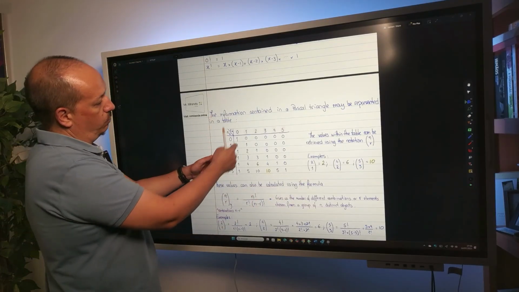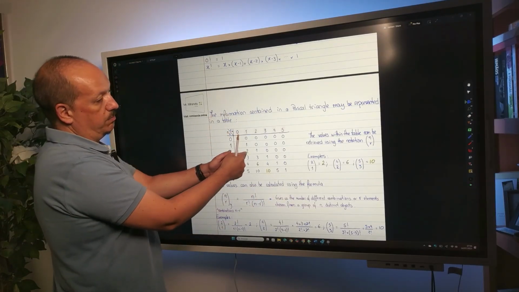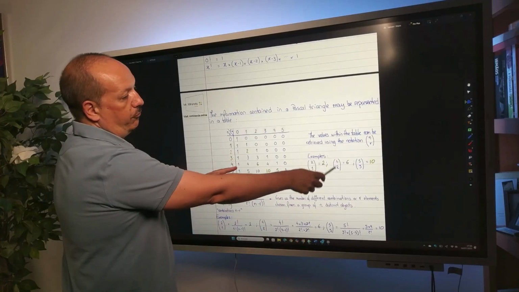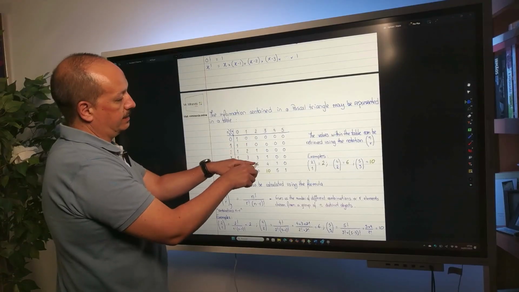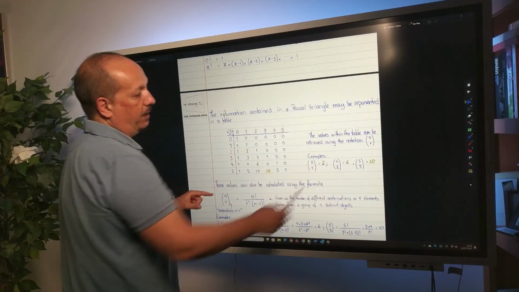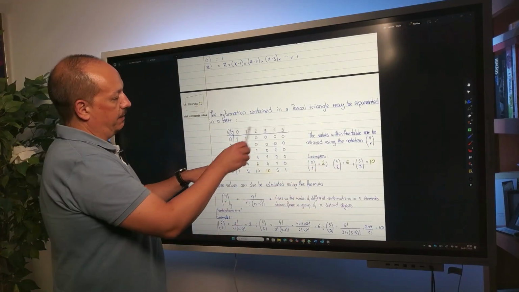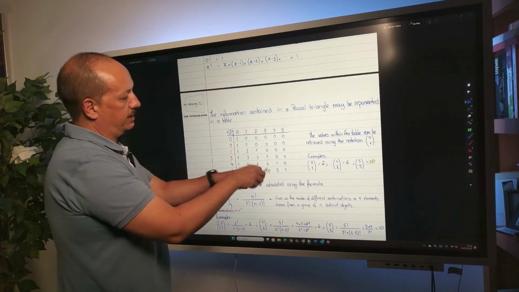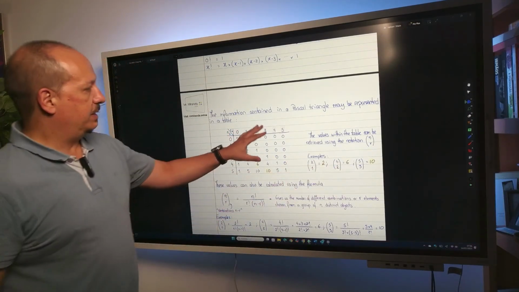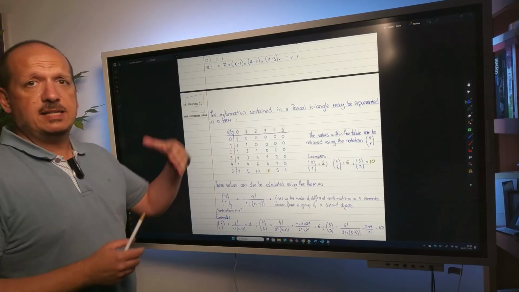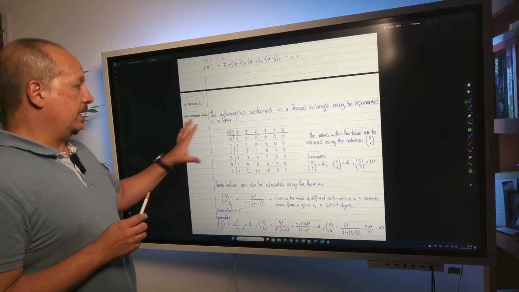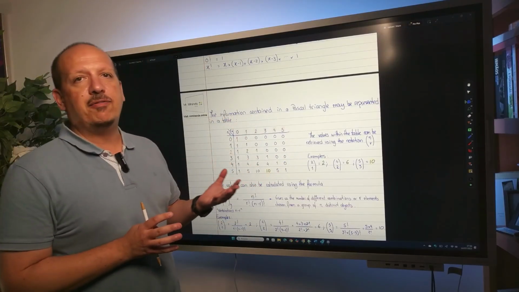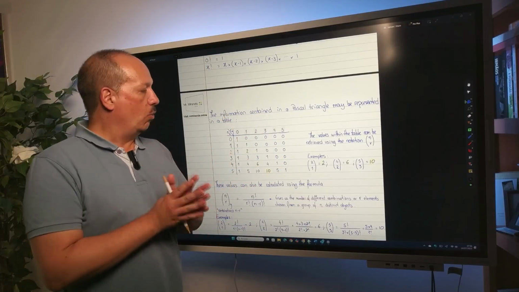So n2, r1, that's 2. n4, r2, that's 6. n5, r3, it's 10. See, this table simplifies the process of finding these numbers. But again, it's still a table that you don't have access to in an exam. So what do you have